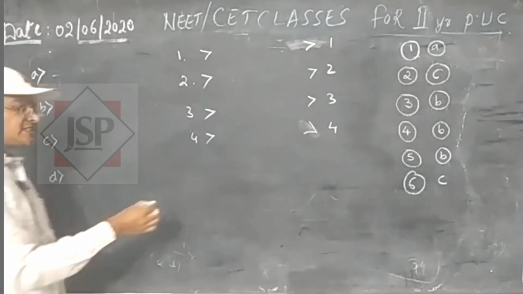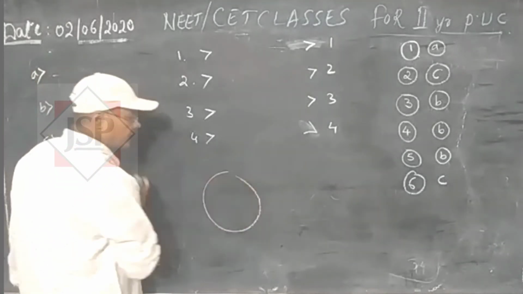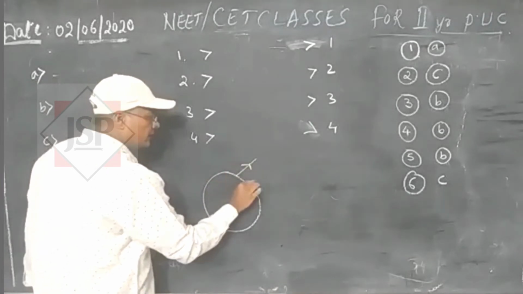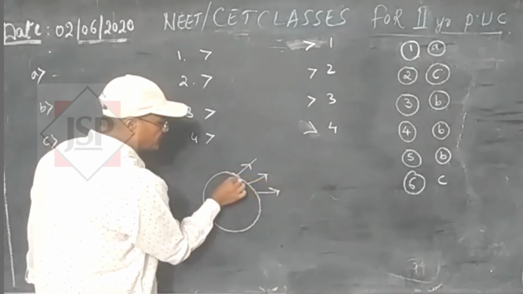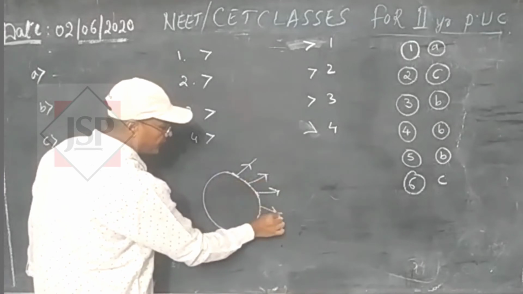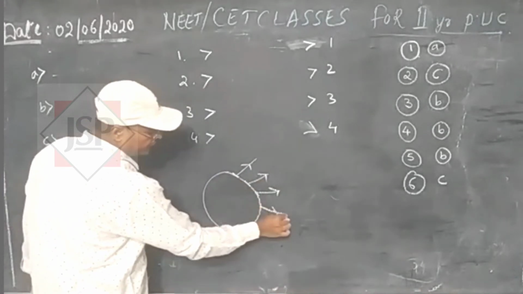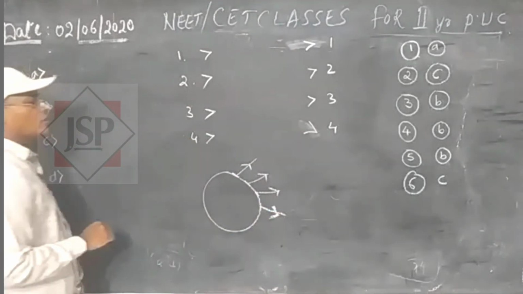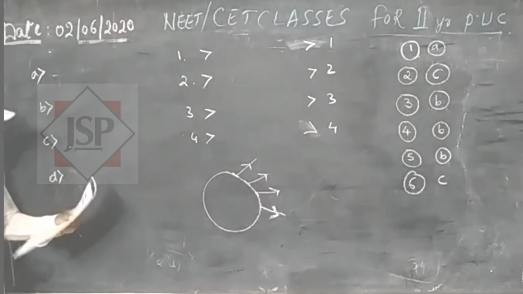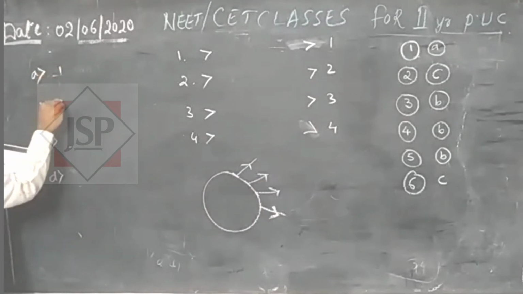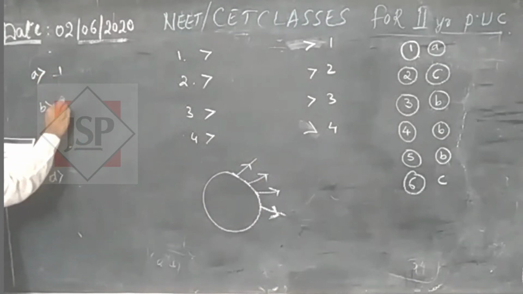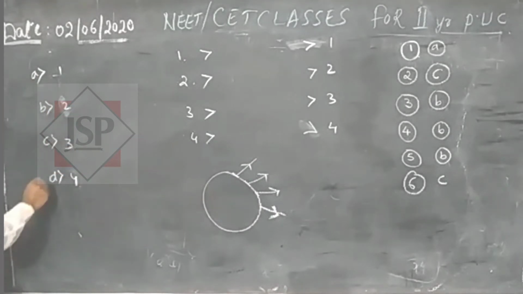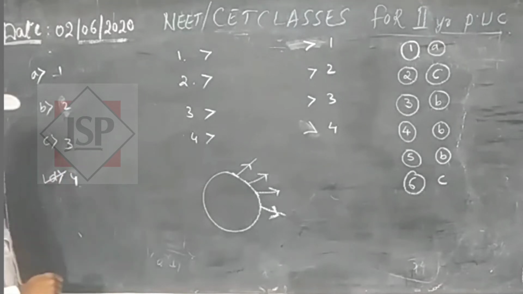So you see the spherical surface. If you take the spherical surface, the electric field lines go like this way. It is always perpendicular to the surface. If you take the perpendicular, you can see like this way. So that's why we are using option D. It is given like this: 1, 2, 3, 4. So according to this answer, it is D. So the option is D.